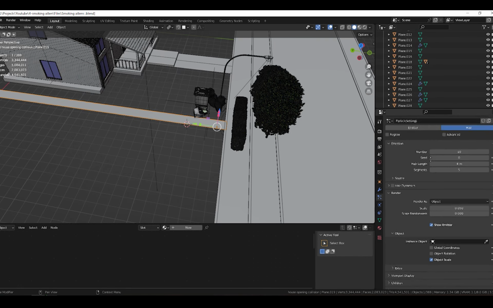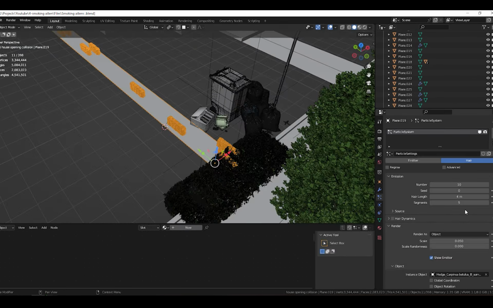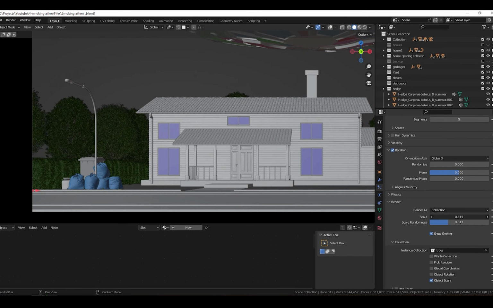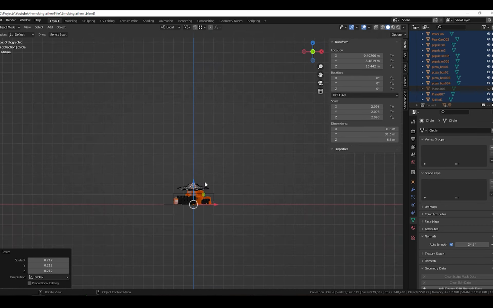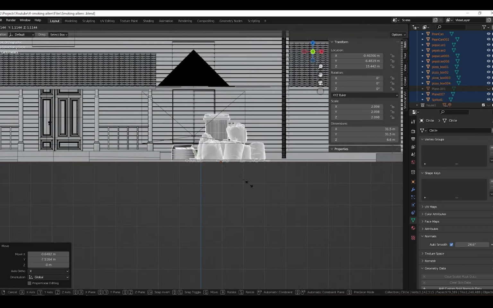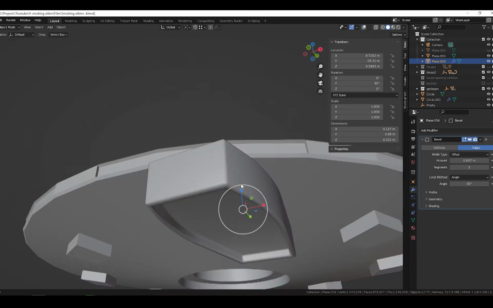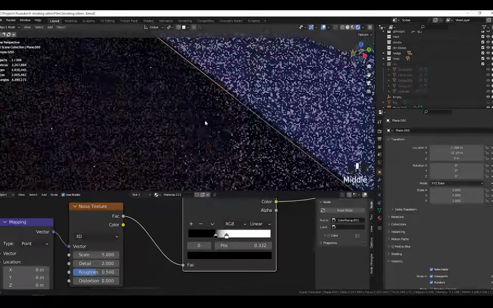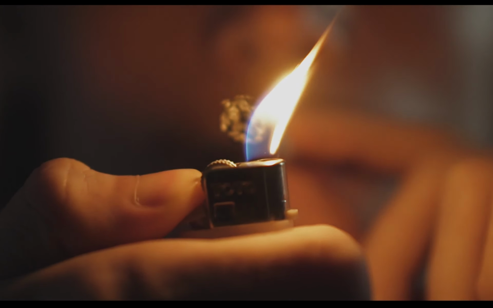For the environment, most of it is kitbash. First of all, I added a couple of trees, grass and hedges and used the hair particle system to scatter them. After that, I added a trash can and trash bag that I modeled a long time ago in 3ds Max, and I added a street light, wooden fences, and simple planes for the pavement and street that have displacement in their material. And we are at the sweetest part of the project.